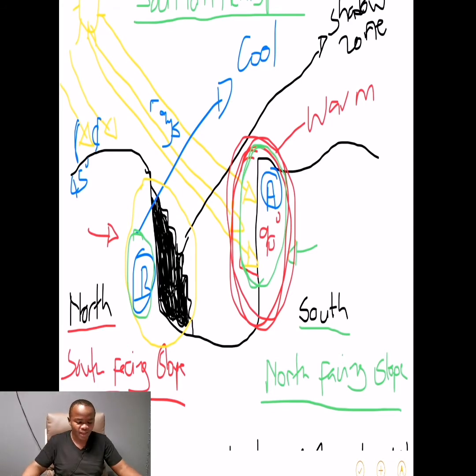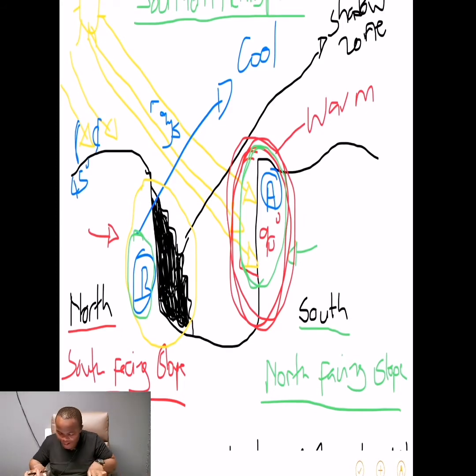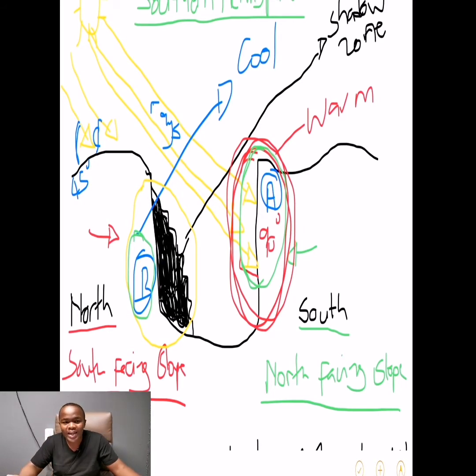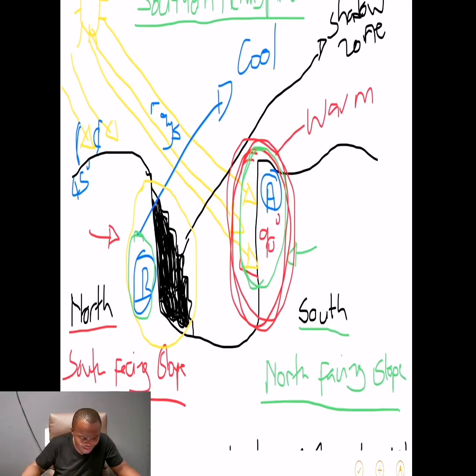In the southern hemisphere, people prefer to settle on the north-facing slope, on area A, where the sun hits at 90 degrees. Why is this the case? Because that area is warm, and no one wants to stay in an area where it is always cold. So people prefer to settle on area A, because the slope is warmer on the north-facing side.